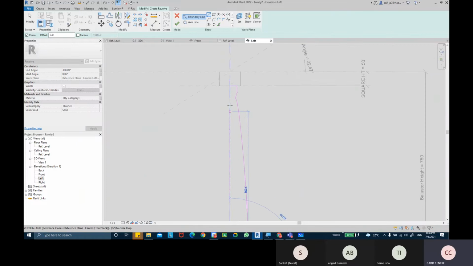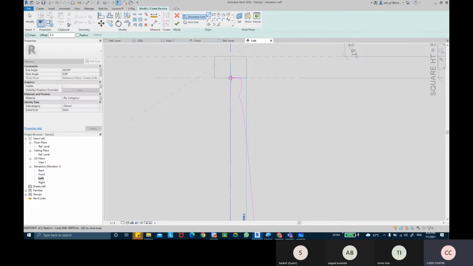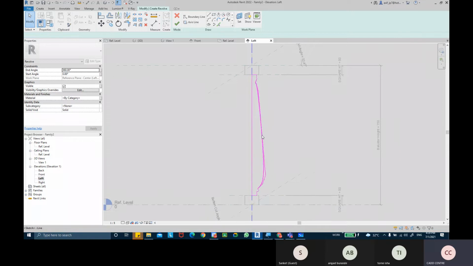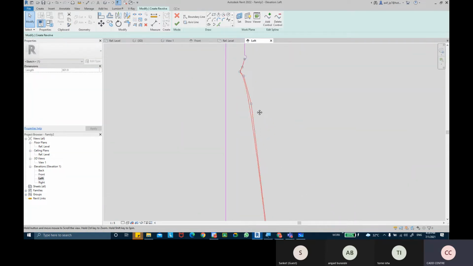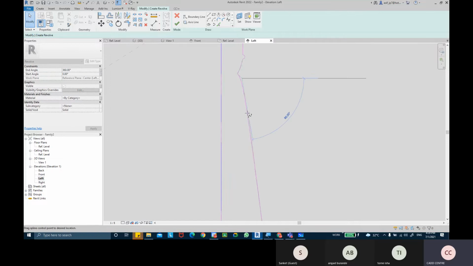The profile needs to be a closed loop. So there we go. I've just made a very odd shape actually, so please forgive me if the shape is not really correct.